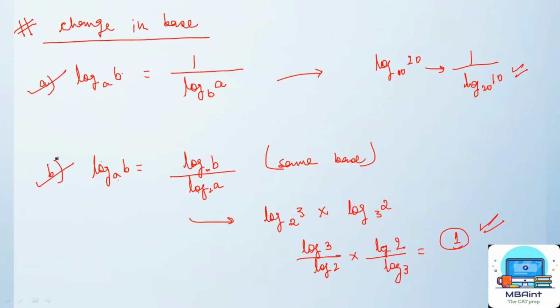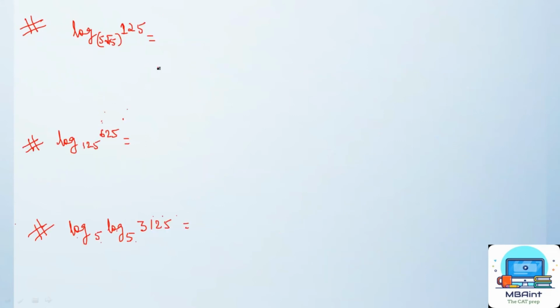So guys, I assume that you have also seen video number 1 and video number 2 in the series, and then you have arrived at video number 3. Keeping this in mind, I will list down a few questions which I want you to solve first and then watch the solution. I assume that you can see the questions here. I'll read them in case you find them complex. The first is log base 5 root 5, that is 5 into root 5, and the value is 125. The next question is log base 125 and the value is 625. The third question is log base 5 and 3125 is the value. Again, pause the video and try these questions.